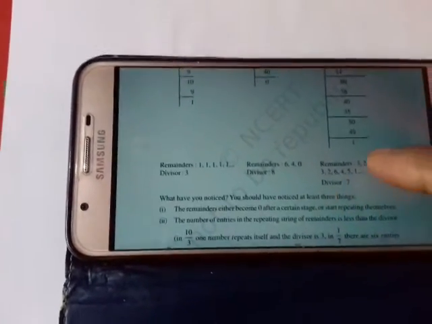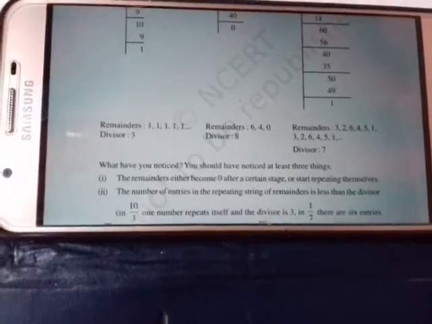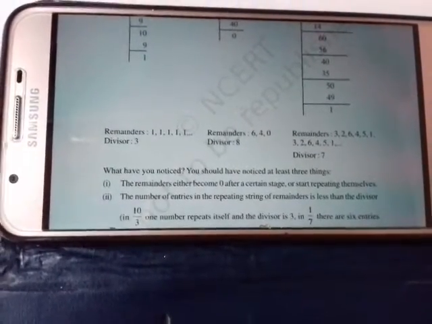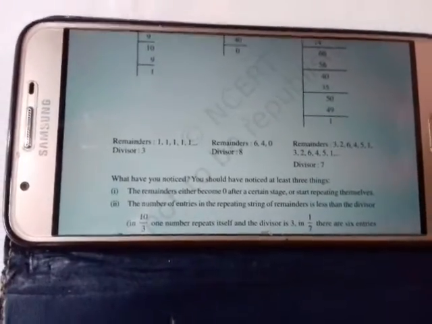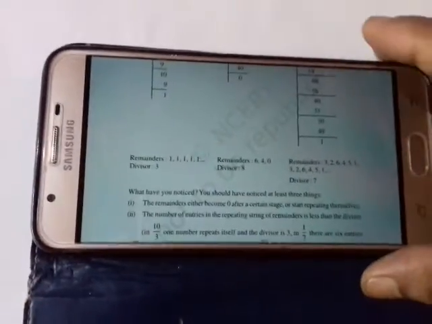And after that, you should have noticed these three things. Okay, next page I will be explaining next day. On the basis of this, I had made the note that I will be explaining in short. Every day I will try to explain one page.